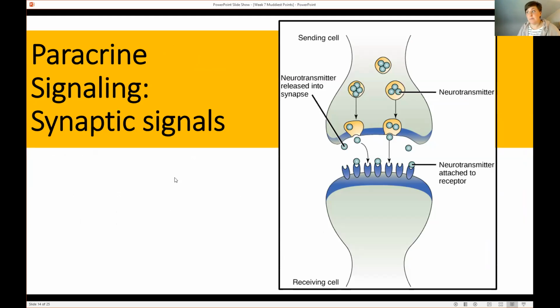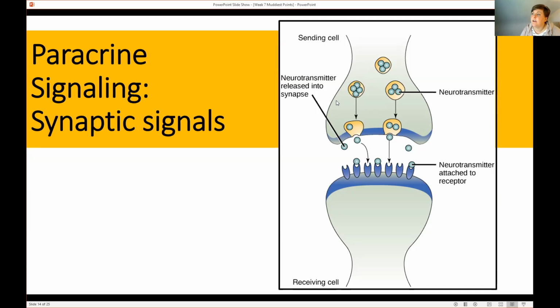This was a point of confusion, one of the concept checks asked about synaptic signals. Synaptic signals are signals that are sent from neurons, and these signals can be received by other neurons or muscle cells, or actually any tissue, right? So neurons stimulate themselves and everything else. But importantly, neurons don't actually come in contact with the tissue that they are sending the message to.